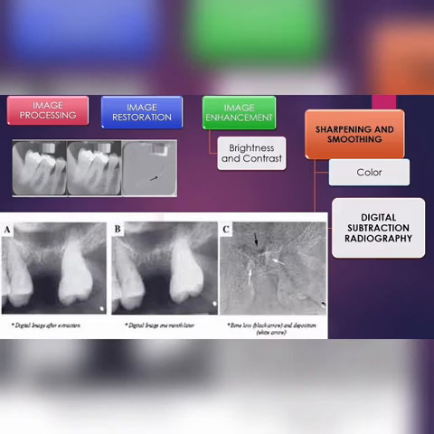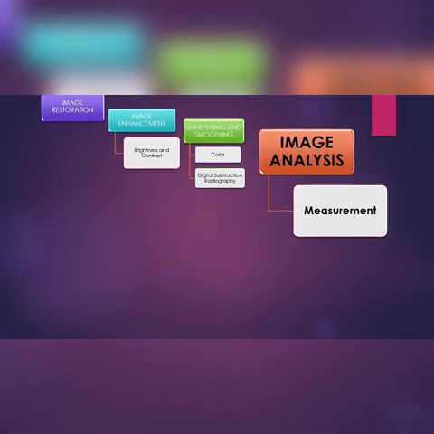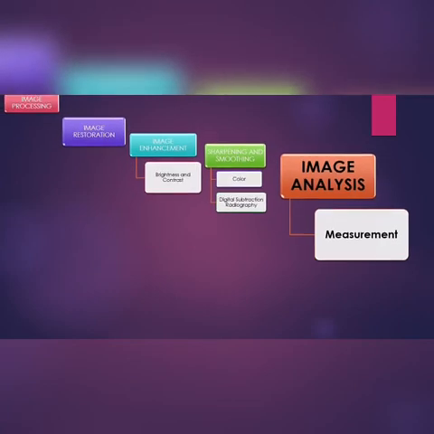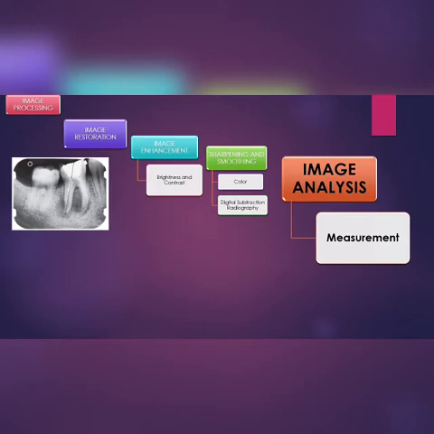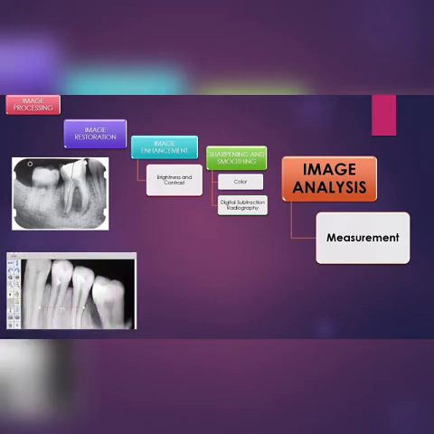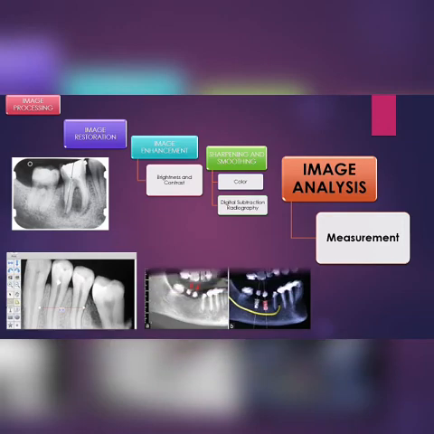Alright, so moving on to the next one, that is the image analysis. Now that you have produced the image, you have viewed it, you have processed it, the next one is going to be image analysis, right? So for image analysis, there are many analysis tools that are provided by the manufacturer itself in the software systems. The most important thing is the calibration systems. Okay, there are rulers and even angulation devices that help you to accurately measure the various aspects in your radiographic image. This will be useful in various fields of dentistry.